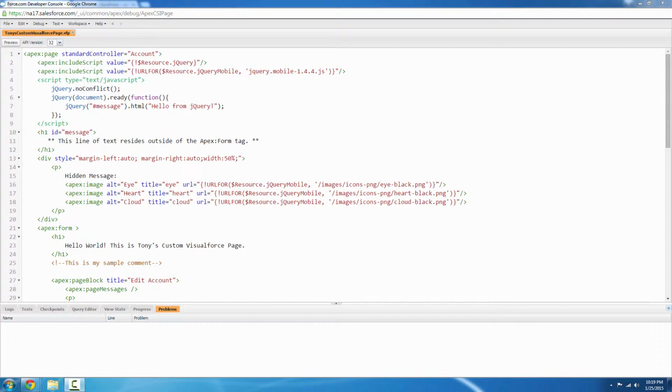Now, the kicker to this is that we currently only support standard controllers, so if you have a custom controller, you will have to wait for a future update. But for the time being, if you have standard controllers with some kind of extensions, those are fine to be